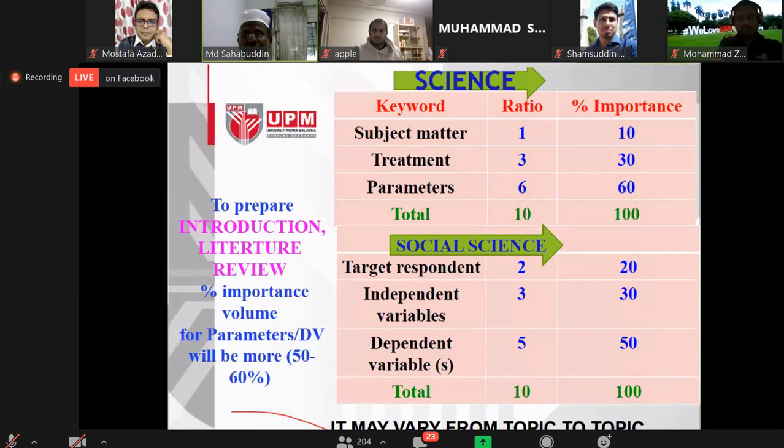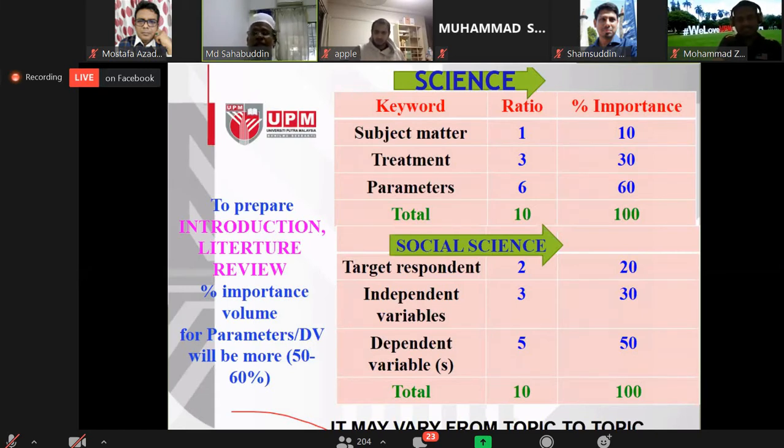So we can arrange plus minus from your experience how to divide the percent importance for your research. But the idea should be more or less plus minus like this, so it will be helpful to calculate the citation number under each element.